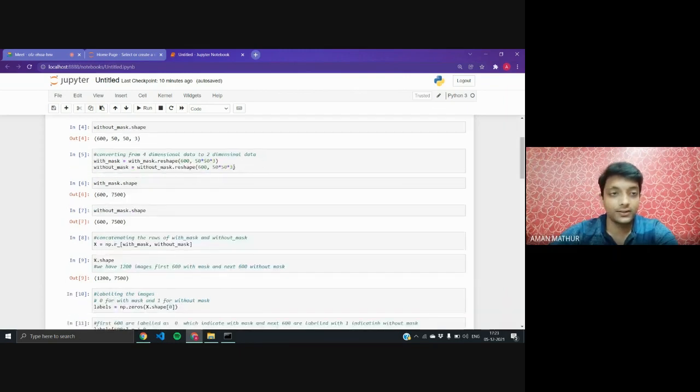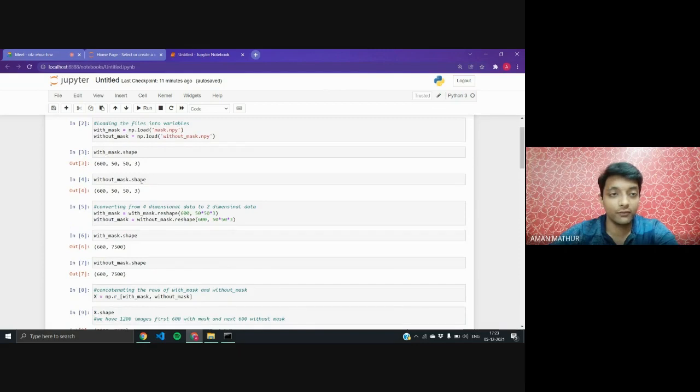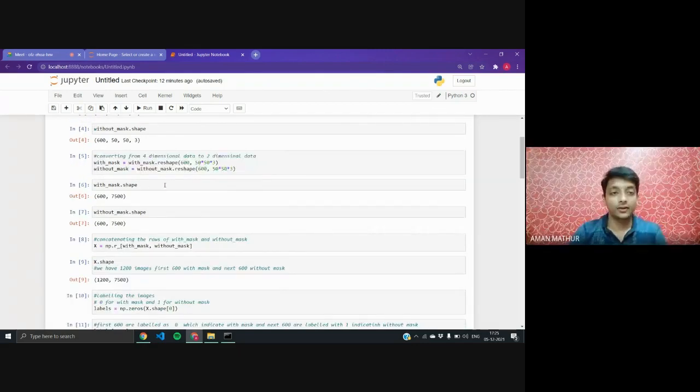So now you can see this is two-dimensional data, 600 by 7500 for each, converted from four-dimensional data. We check the shape of both files, with_mask.shape and without_mask.shape.